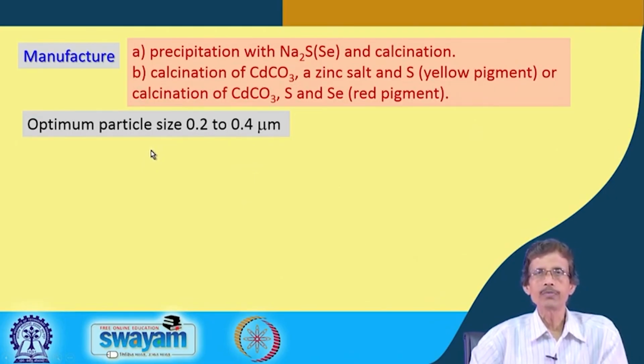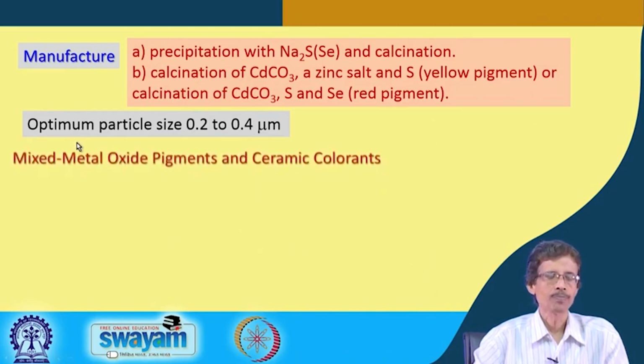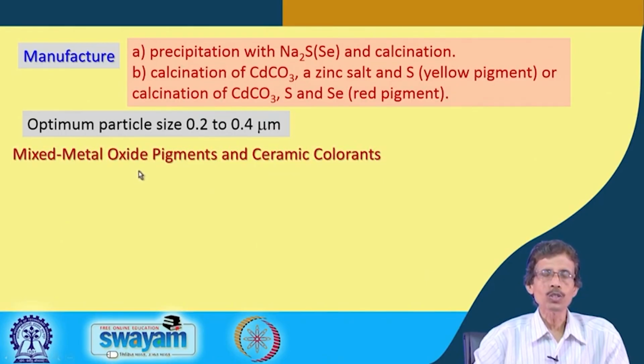So, three different units are basically used, because you can convert, and you can think of the sizes in terms of the corresponding nanometer size and also the micrometer size. Then one most useful material we can use is mixed metal oxide pigments for ceramic coloration. That is ceramic material, which we have seen earlier, that we can make at a very high temperature firing. So, if we go for some mixed metal oxide pigment, mixed metal oxide pigments are nothing but your